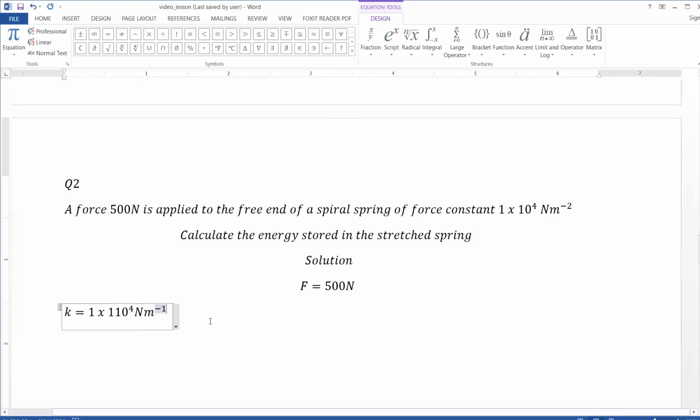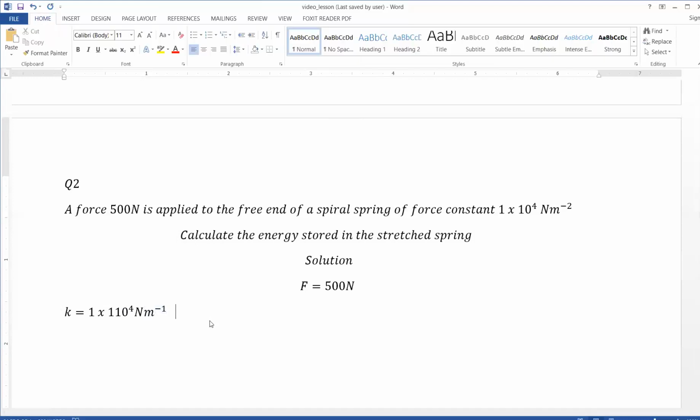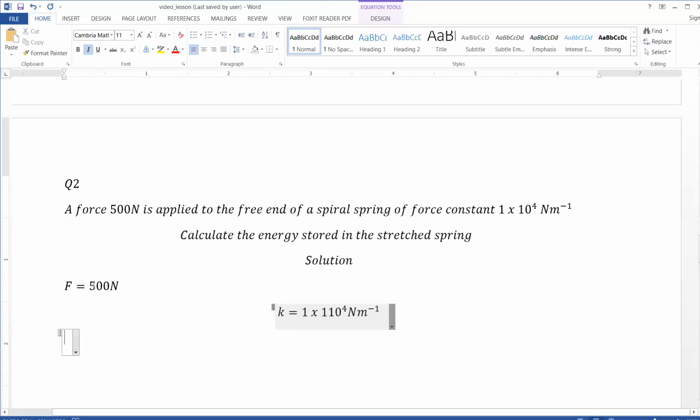If you look at the units in the question, it is written here per meter squared, which is a mistake. Let's quickly correct that. It is per meter, not per meter squared. So we correct this from here. Now we have declared our constants, our values. So the next thing now we try to look at